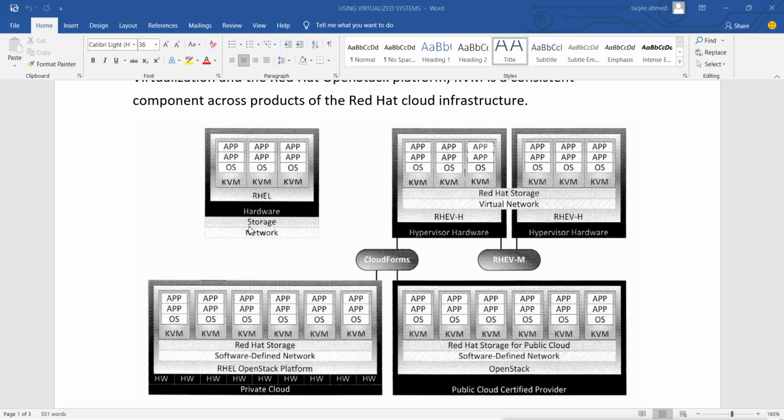If we are using a single machine, this is RHEL. So it works like our hardware storage, and over this hardware part we install RHEL, our operating system, and on that we install the KVM virtualization, and in that we create the virtual machines, and in that we can install OS and applications.